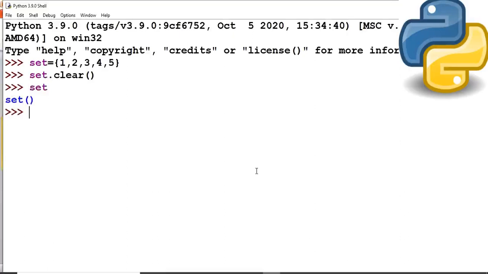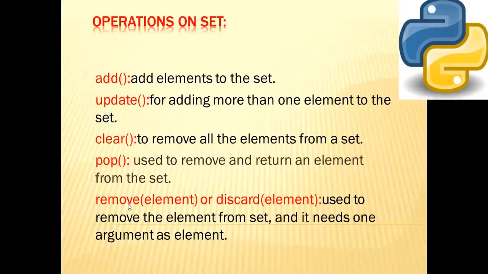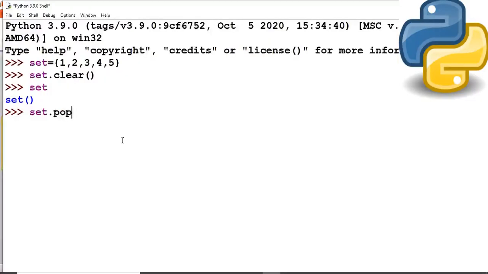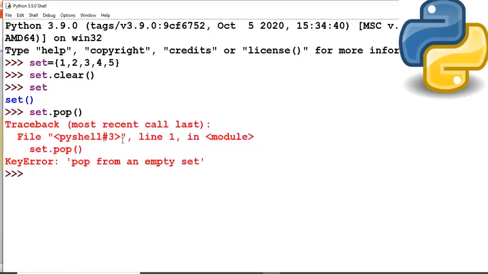Okay, so next we have pop method. Pop method is used to remove an element from the set. It will not need any argument. Okay, let me show you. So I am not passing any argument to the pop method. Okay, so now set is empty, so we cannot pop from an empty set.